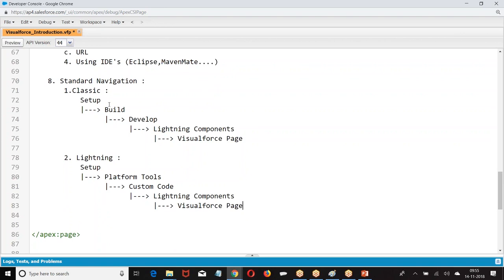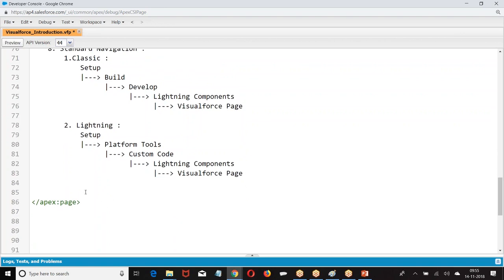So this is the standard navigation that I can use. Enter the code.